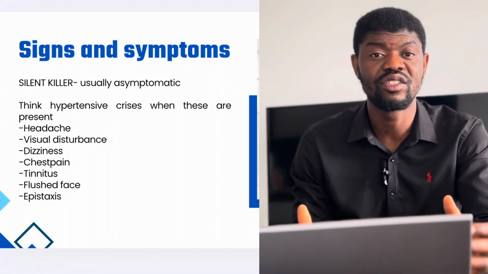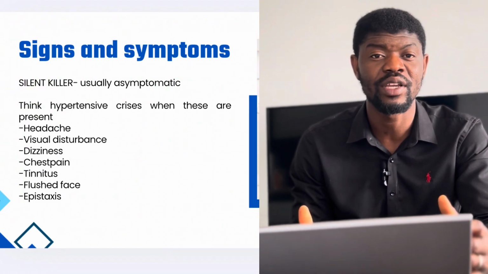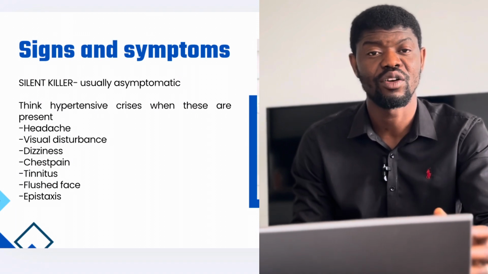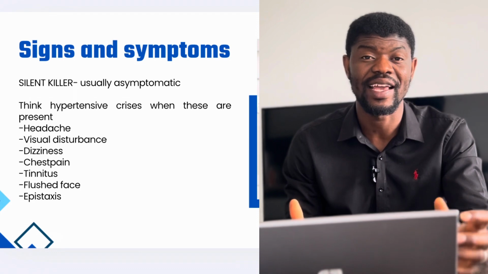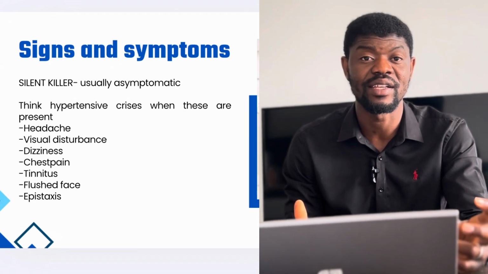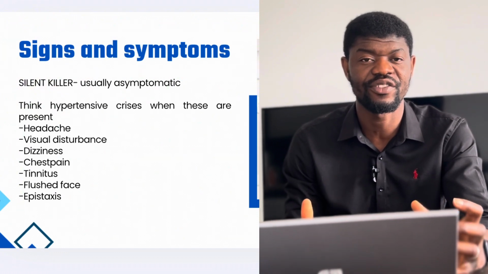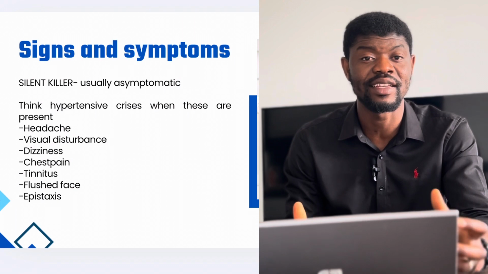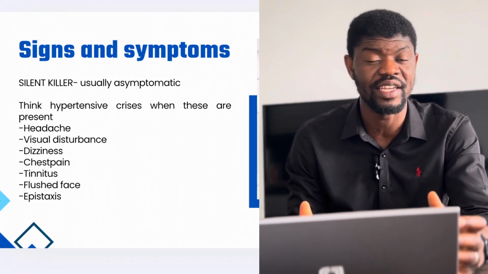But then when you begin to show certain signs which are very eminent, then we are looking at someone who is heading towards hypertensive crisis, because at this time your blood pressure is severely elevated. So we are looking at symptoms like headache, visual disturbances, dizziness, chest pain, tinnitus. You have a flushed face, and occasionally epistaxis. So when you start developing these signs and symptoms, then you have very severe hypertension and you need urgent